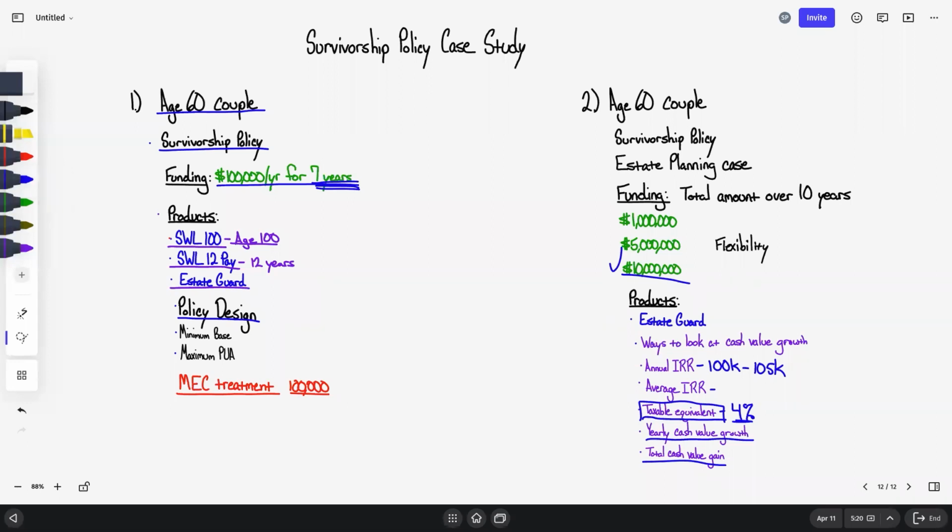What we'll wrap up with after we look at those different bullet points is the flexibility, because what I'll add about these funding scenarios is they're higher dollar amounts. Obviously, right? You've got 7 figures across the board. Let's take the $500K per year, and all of these examples will be over 10 years, which comes out to what? $500,000 per year. So when you hear funding a policy with $500,000 annually for 10 years, that's a large